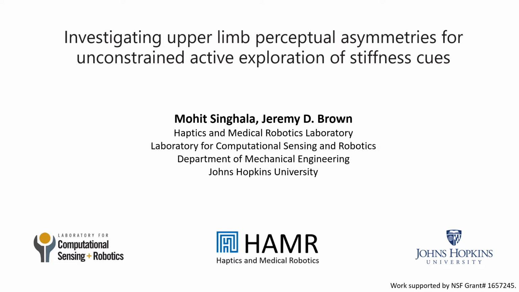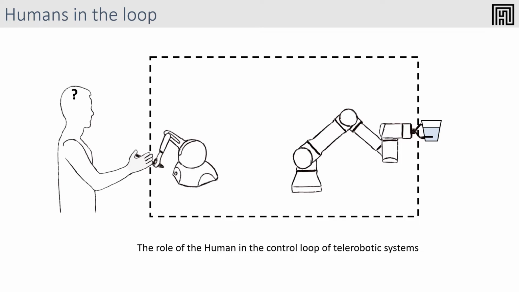Investigating upper limb perceptual asymmetries for unconstrained active exploration of stiffness cues. This presentation is an extension to our work investigating the effects of exploration strategies on human haptic perception. We believe this investigation is important as the internal psychophysics of the human operator are often unaccounted for in modern